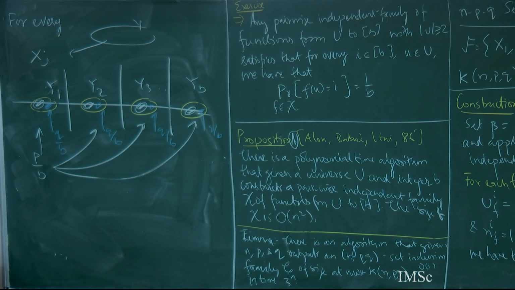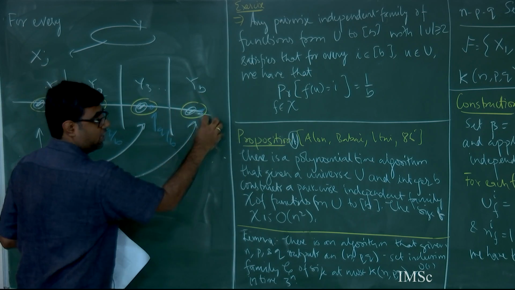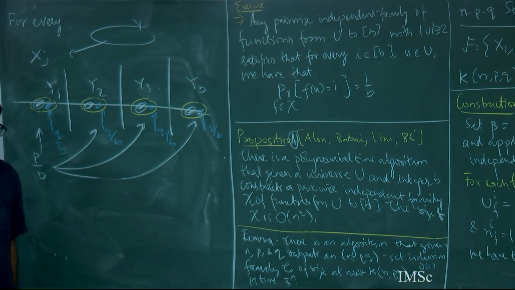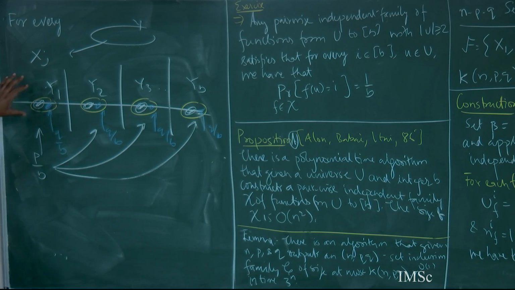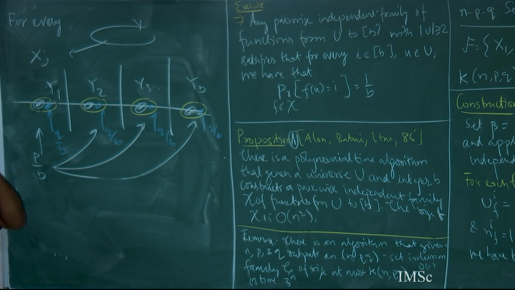So I will try to apply this lemma with P by B and Q by B here, P by B and Q by B here, and so on. Suppose for now that P, Q all divide B properly. Actually I will do some ceiling and floor to take care of everything, but the overall idea is that my big universe has been divided uniformly. For every y, there is some function which not only divides U uniformly, but also divides that particular y properly.